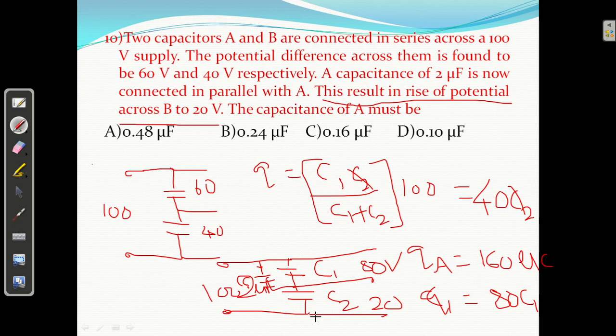On the basis of this you can solve it, but it is really difficult to solve the problem. So it will take some time. I'll discuss this question later on. But the answer is 0.16 microfarad. Please try to get it. Based on these equations, you will get the answer. It is 0.16 microfarad.